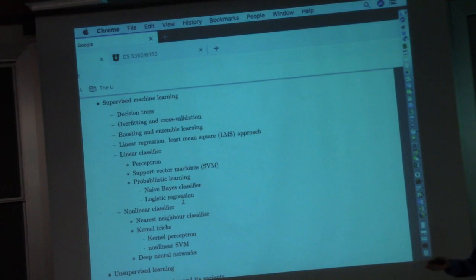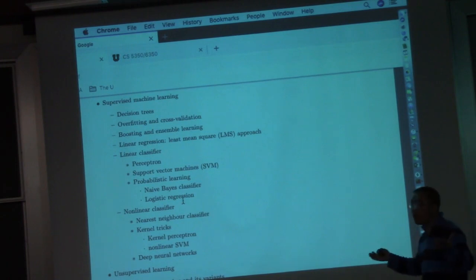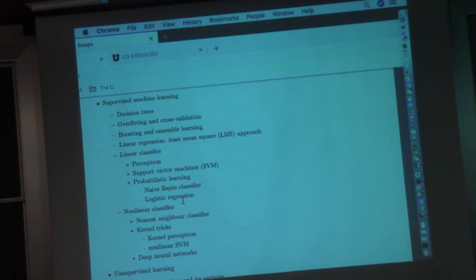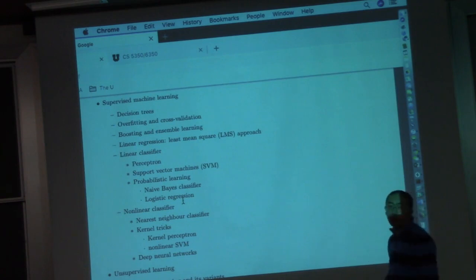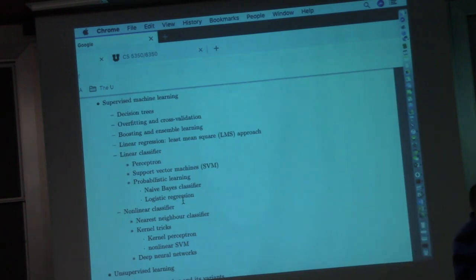But there's also another class of algorithm called unsupervised learning. That is, I just give you the examples. I don't give you any answers. You just learn by yourself, and you tell me what you find, what you discover. Most machine learning research efforts are put on supervised machine learning. So most of the course will focus on supervised machine learning. And if we still have time, we'll talk about several representative unsupervised learning algorithms.